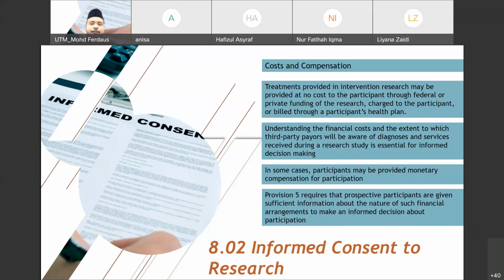Let's say, for example, we want to conduct a research, but it requires some cost. We want to know whether students' new learning techniques will improve their English proficiency. But in order to do that, we have to involve another consultant, an English consultant, for example, who can improve student English proficiency. So we don't have that budget. We don't have the financial budget to cover paying for the consultant.